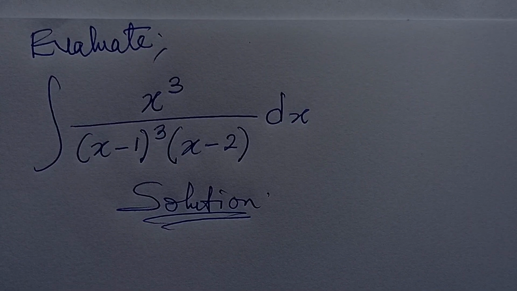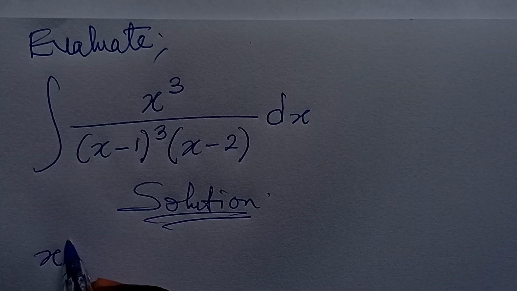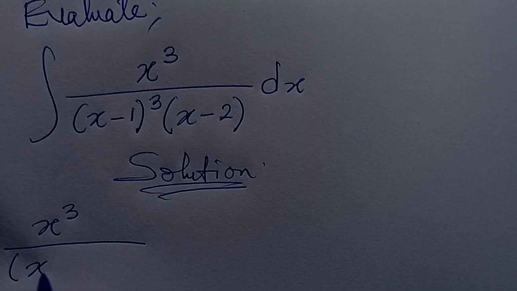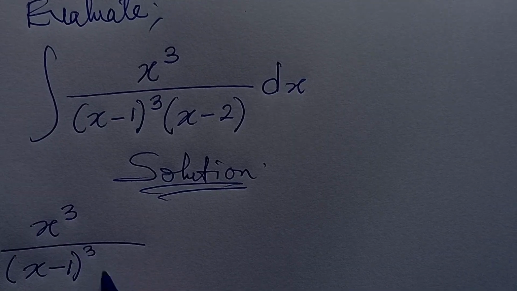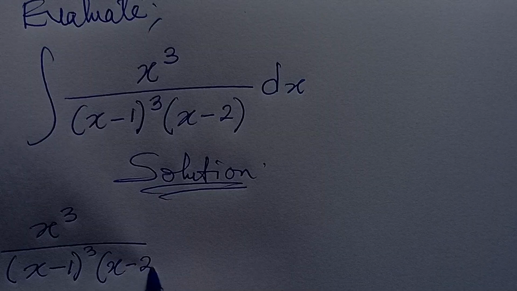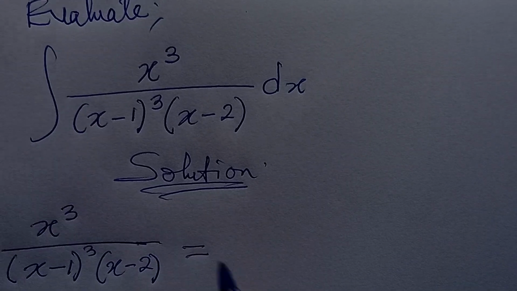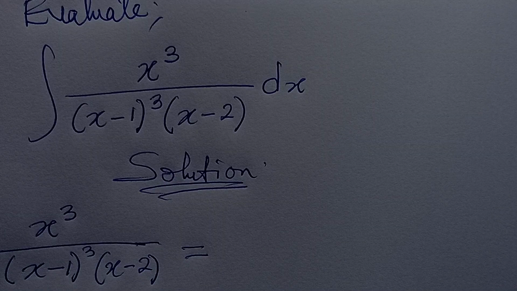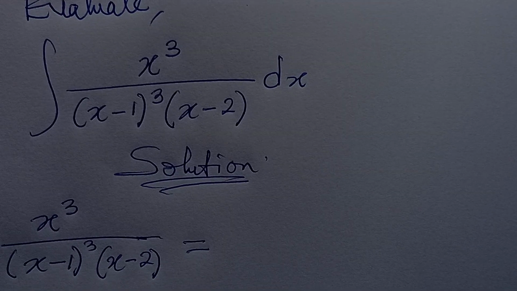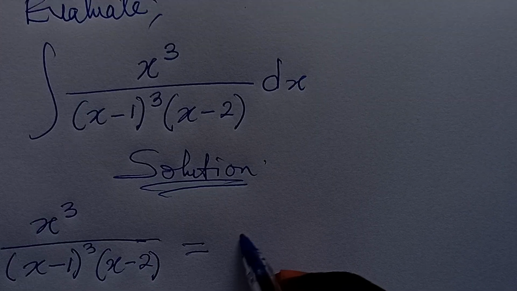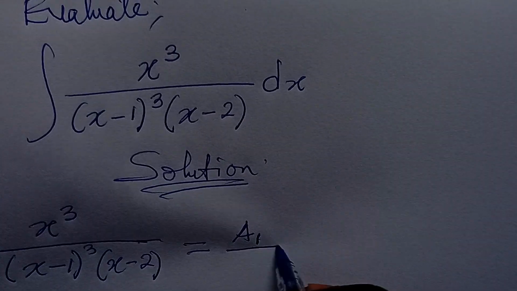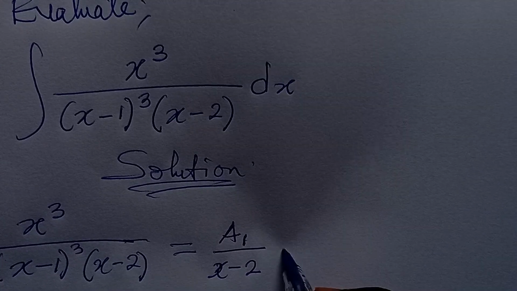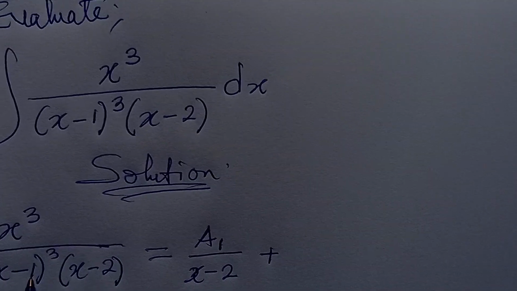The expression x to the power of 3 all over (x minus 1) raised to the power of 3, times (x minus 2), can be expressed as follows. We start with our x minus 2 at the denominator because it's not carrying a power, and so this could be written as A1 all over x minus 2, plus, then we have 3 of this one,